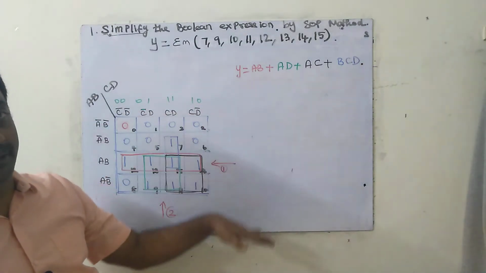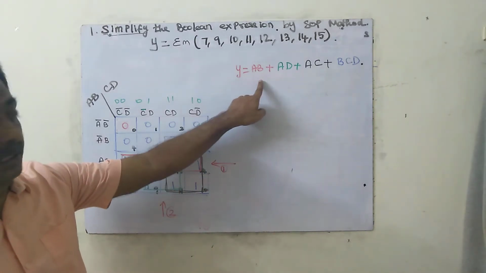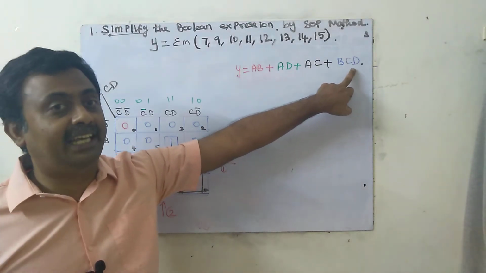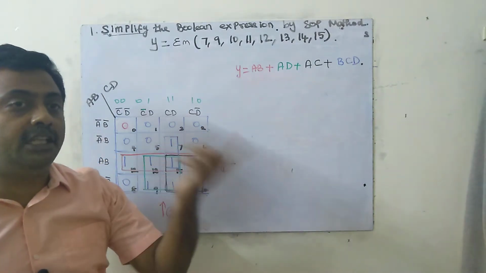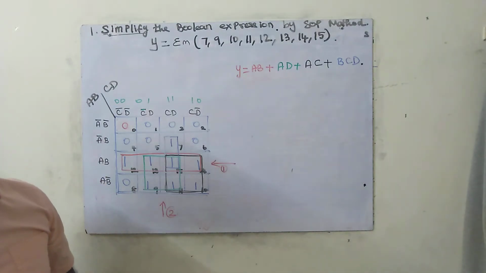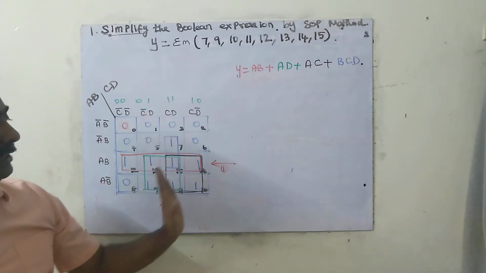Next, we have to implement it. See, if I box 4, I am getting only 2 variables. If I box 2, I am getting 3 variables. The number of variables increases. So that is what I told you: the larger the box, the smaller the equation. The larger the box, the smaller the equation. See, boxing is very, very important.